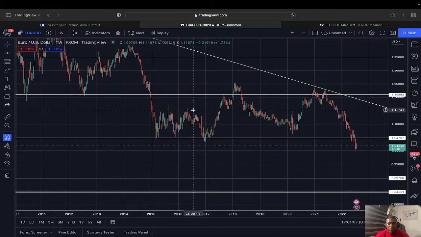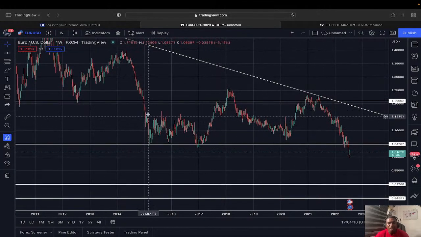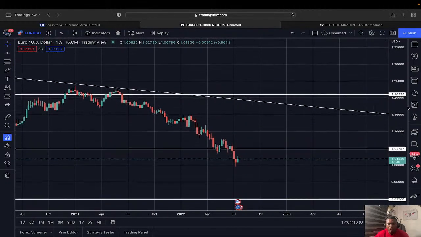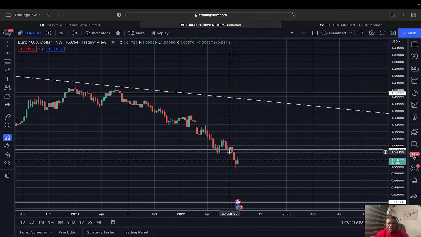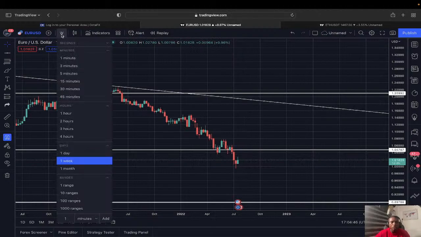So let's see what is happening on the weekly time frame. As you can see, price broke out of this level. This level had been a resistance turned support level. It was a support level here, and finally it was broken. Of course, when there is a breakout, there is an 80% chance of a pullback, and that's what we saw here. A pullback up to this level.